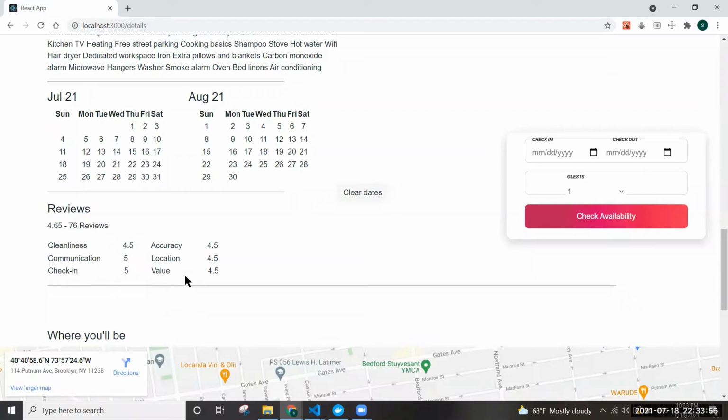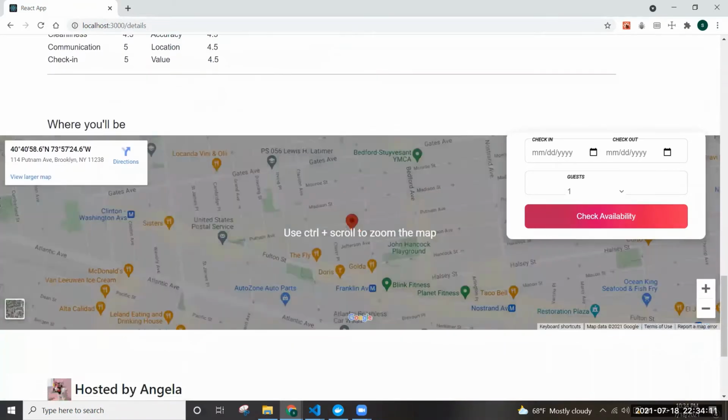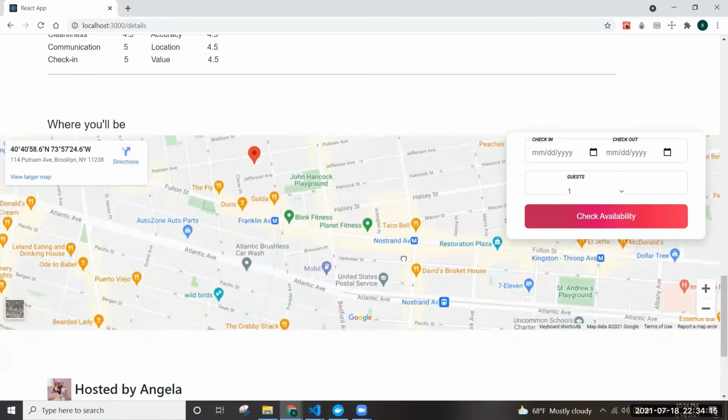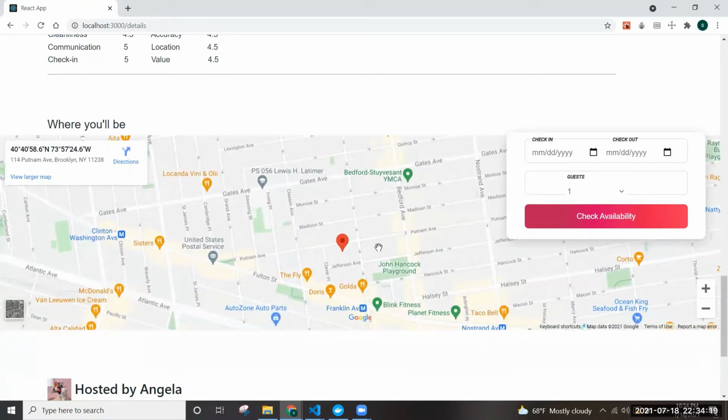A different review, which is present in a different location, may be different. As mentioned in our PowerPoint, if there is a specific key present, only then it will be displayed, otherwise it won't. We have the map also embedded so that we can see the businesses which are around and near our specific hosting, and this is just the place where it is